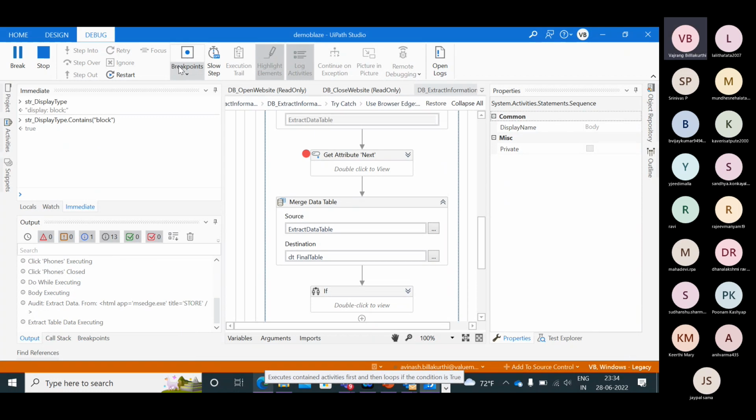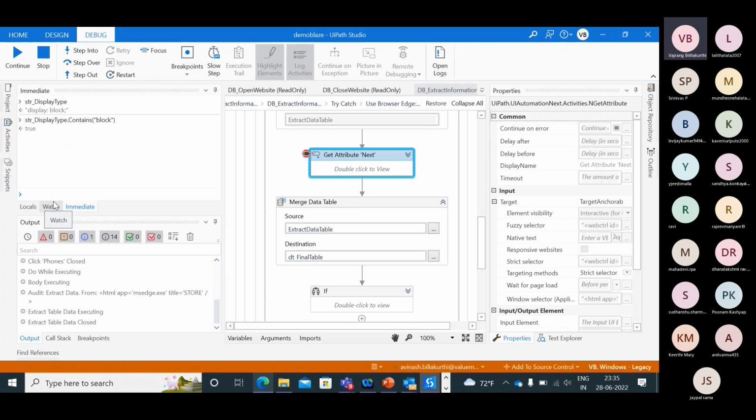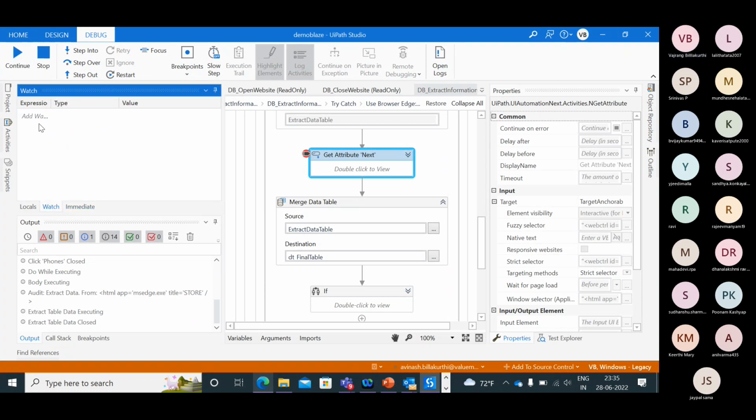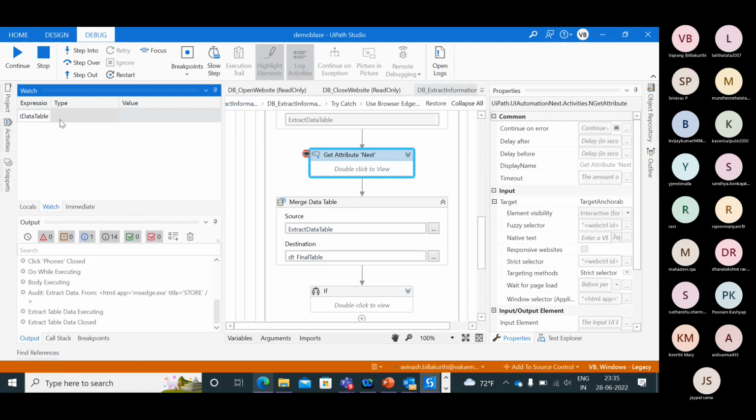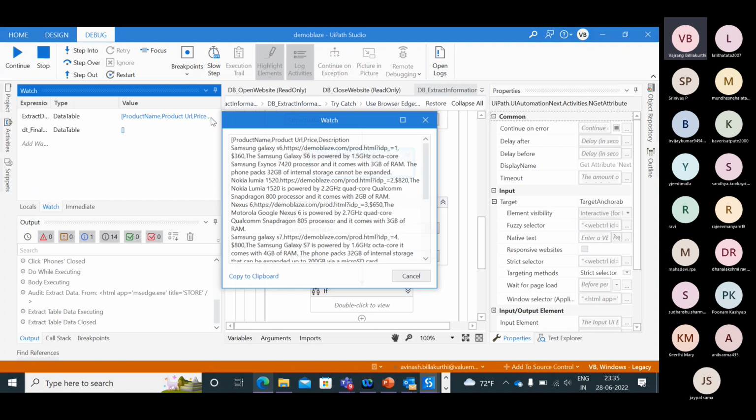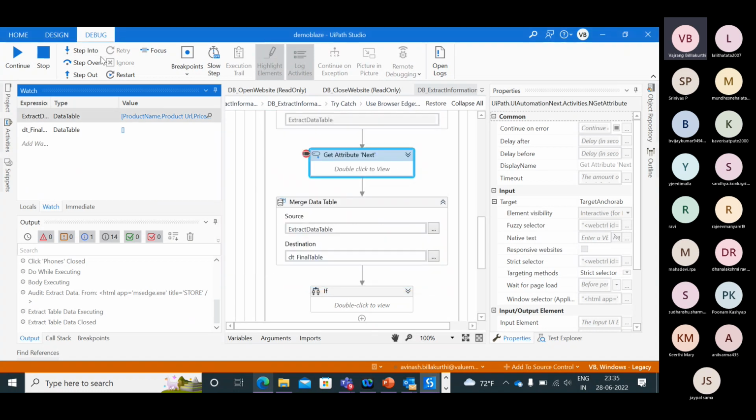Extracting the information. So everything is happening in the background. Now, if you can see, watch extracted data table is the values, product and all, and DT final data table is empty. So these are the information from the first page.